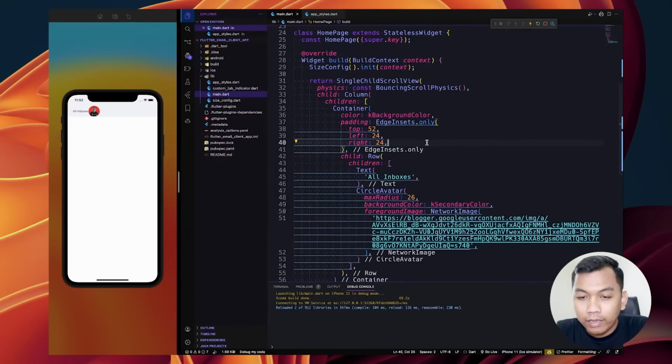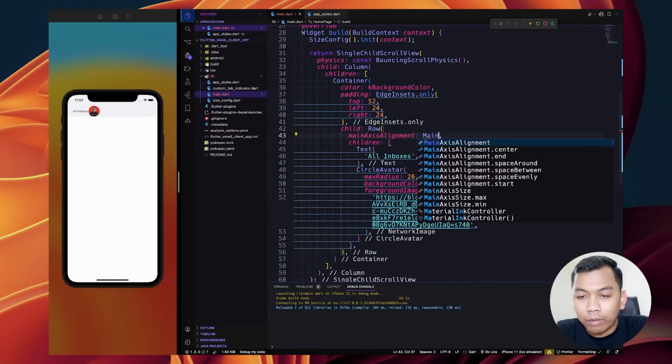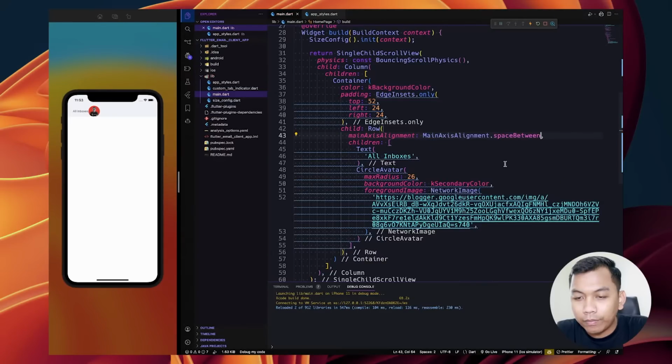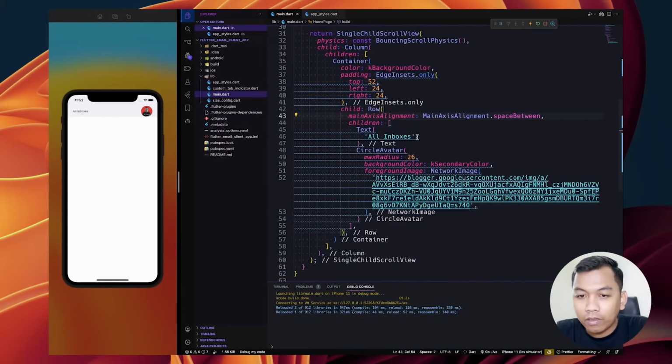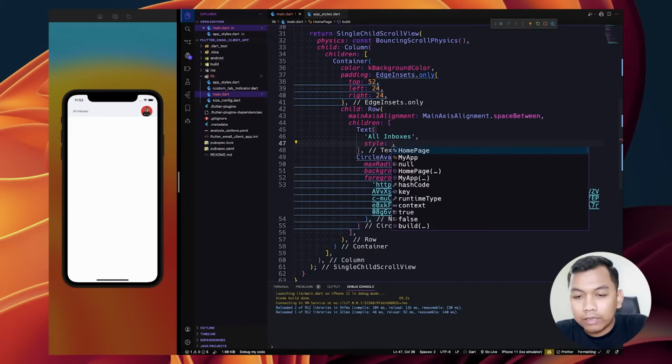Alright, and next we need to set main axis alignment inside row widget to be space between. Look like this.